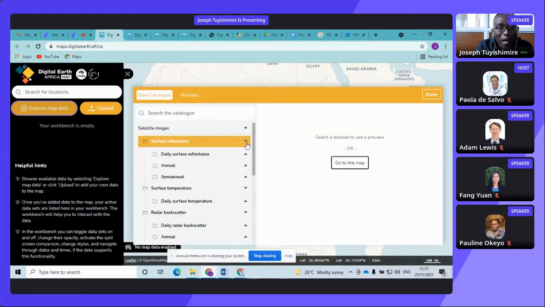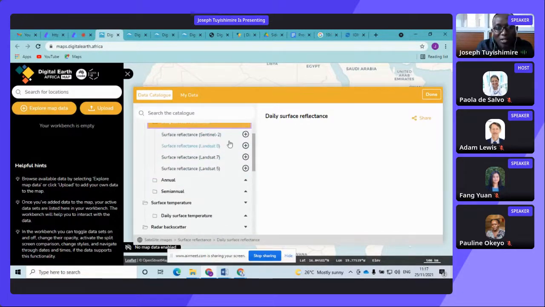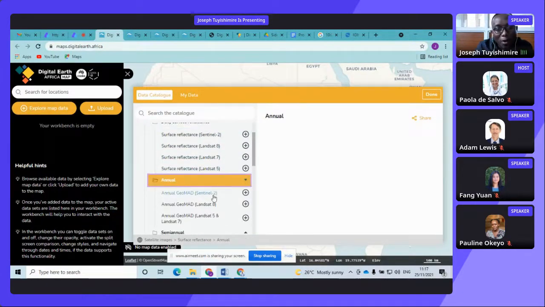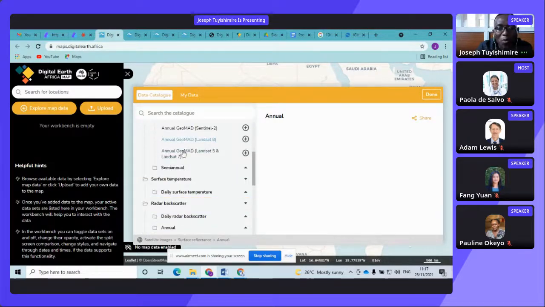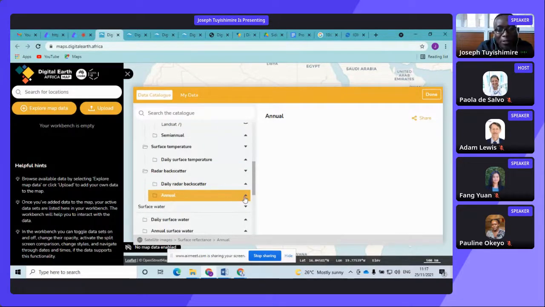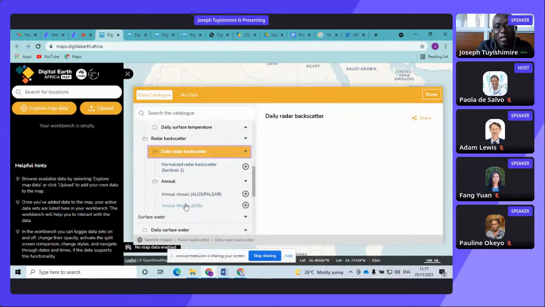We have our surface reflectance product from both Landsat and Sentinel imagery. We have our annual GeoMADs for Landsat and Sentinel. Those are good products because they are cloud free, they cover the whole continent, and they have good resolution: 10 meter for Sentinel, and 30 meter for Landsat. They can be both annual and semi-annual. We have the surface temperature, and we have the radar data. Those are cloud free data sets derived from